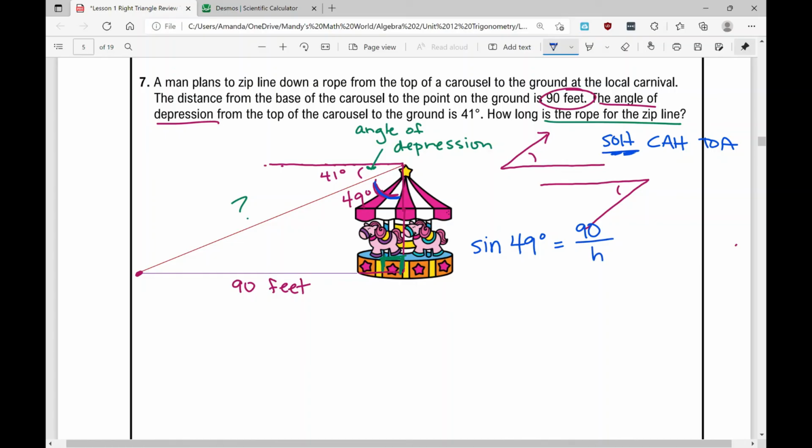I need to get h all by itself, but the first thing I have to do is remove it from the denominator by multiplying both sides by h. So I get h times the sine of 49 equals 90. To get h all by itself, I'm going to divide both sides by the sine of 49. So h is going to be 90 divided by the sine of 49 degrees. You can pause the video and plug that into your calculator now. 90 divided by sine of 49 degrees, which means h, the hypotenuse, is approximately